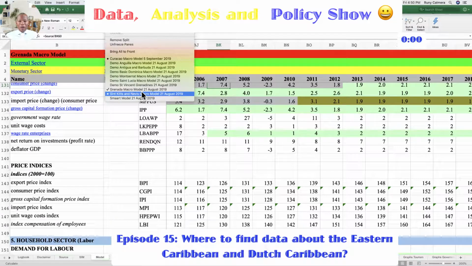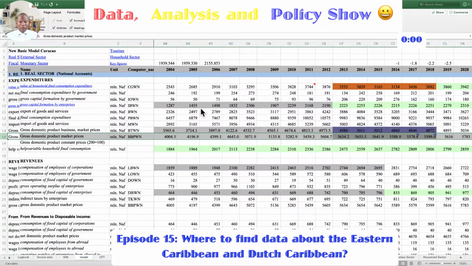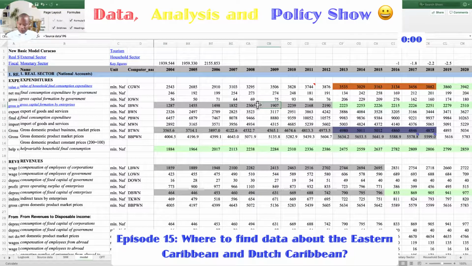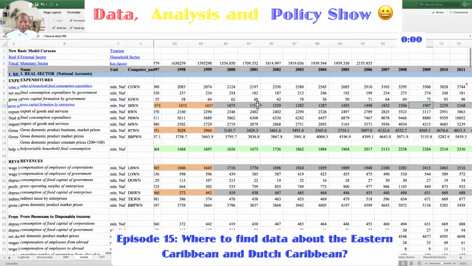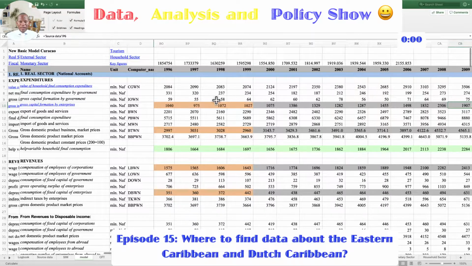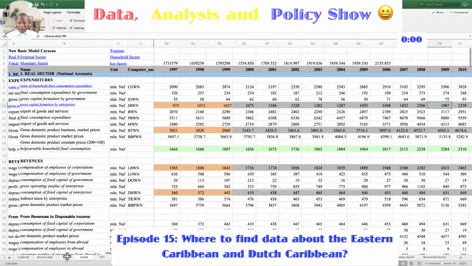So now I'm going to show you the last point. I'm going to show you something beautiful for Curacao. So we're going to go back to Curacao, and I'm going to just give you a small peek about something else. Once you have this data, what I can give you is the most important indicators, and I can give you the update.